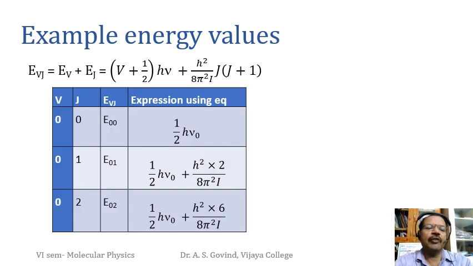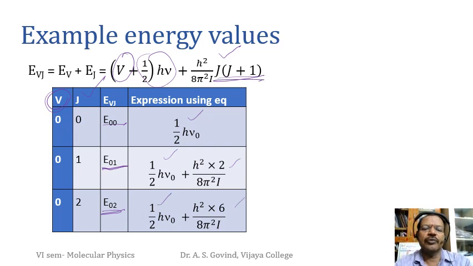So if you take V as 0, one example, and vary only J, so V is taken as 0 and J is varied, you will get these values. And E(V,J) is written as V is 0, J 0 first one, V0, J1 is written as 0, 1, 0, 2, like that. And because V is 0, this is half h nu for each of them. And because that is the lowest one, it is written as half h nu naught. And for J equals 1, 2, 3 here, you will get different values.